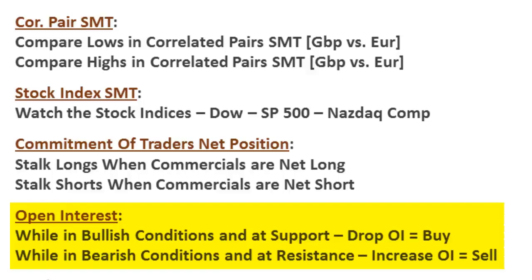In bearish conditions, when price is trading at resistance and we see an increase in open interest of 15 to 20% or more, it doesn't have to be just 20%. It may many times be even greater than that in terms of an increase, but you want to see it rapidly increase, and you don't want to see a gradual increase. You want to see a rapid increase, just as you want to see it rapidly drop for bullishness, because that's an indication that the commercials are really, really adjusting positions and allocating funds to offset the initial risk or risk on scenario that may impact the market they're actually working within. So if you see an increase in open interest at a resistance level, that's bearish.